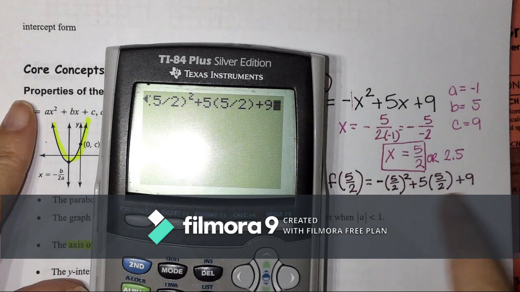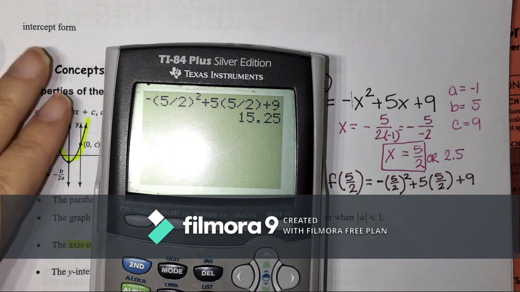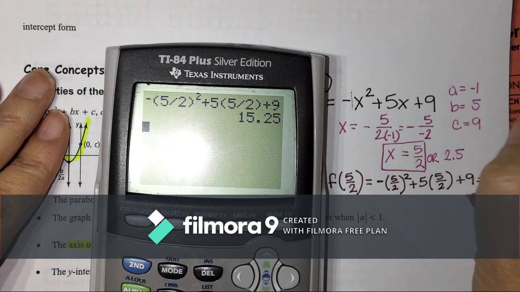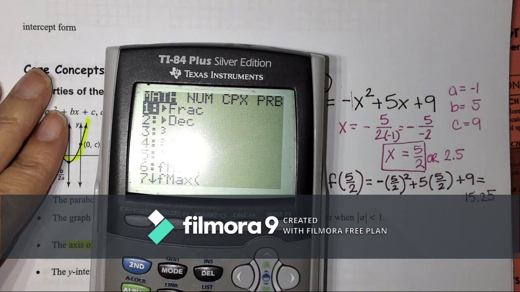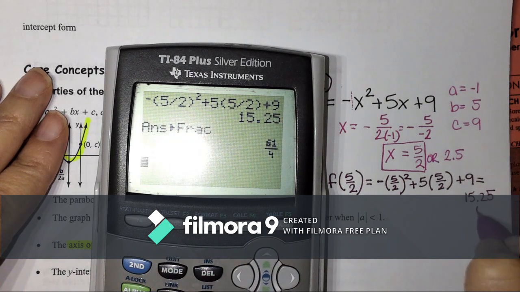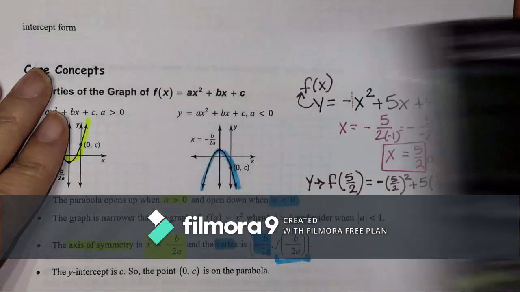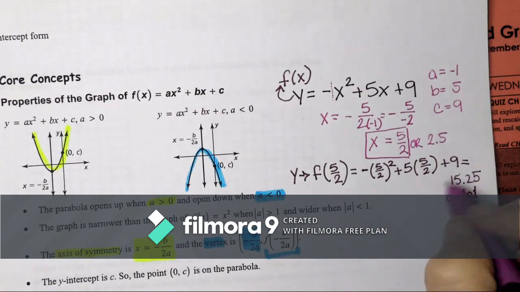Notice I just put it exactly like I had here. I'm going to put enter, and I get 15.25, or if I want to put it as a fraction, it's 61/4. Okay, so that's my y value